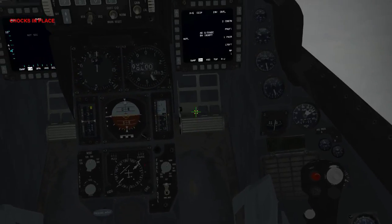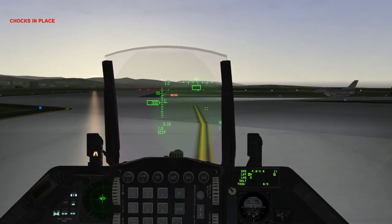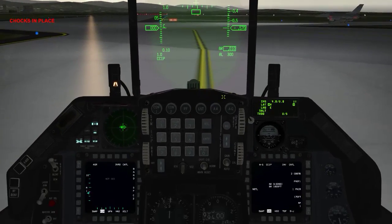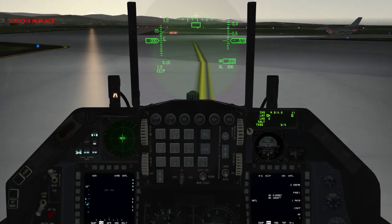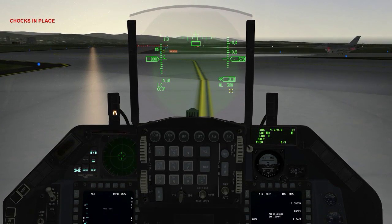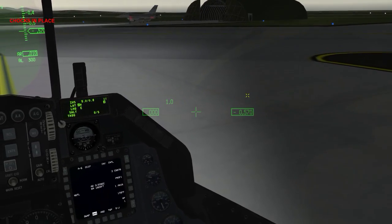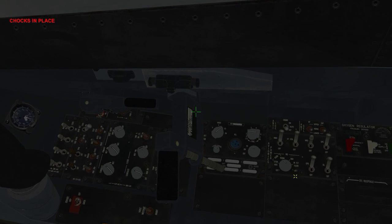Your INS should be aligned. It should be flashing RDY, right? Where at? It still says align on my heads up. Is it flashing align? Yeah. Okay, on your DED, the little... Oh, it's ready, it's flashing RDY. Okay, so let's look at the back right of the plane, and remember that knob that we left